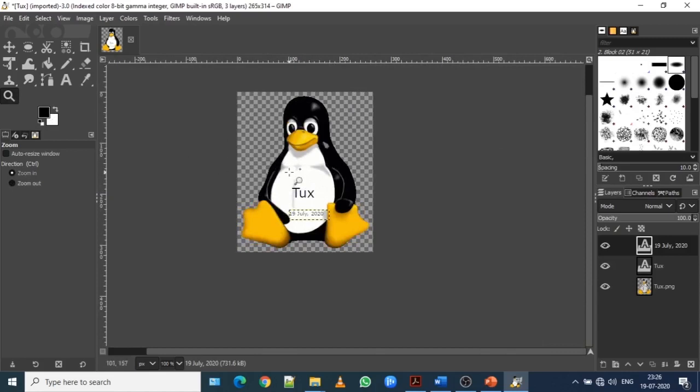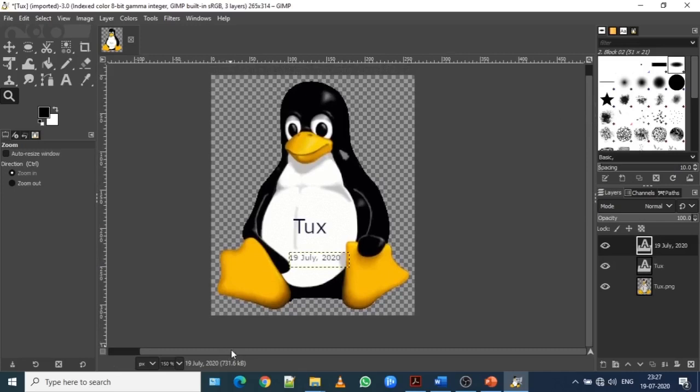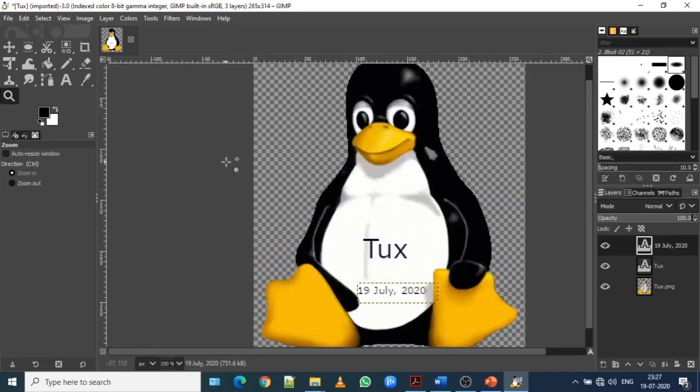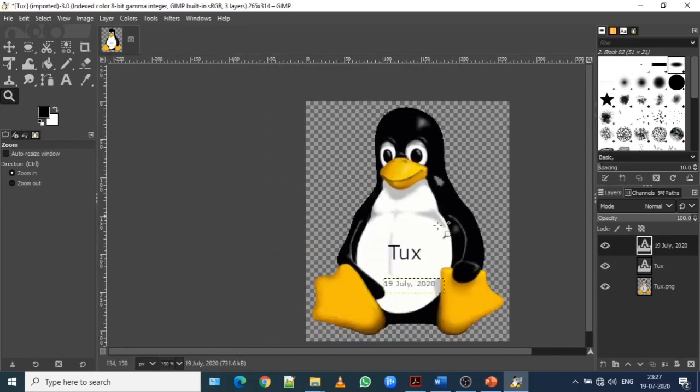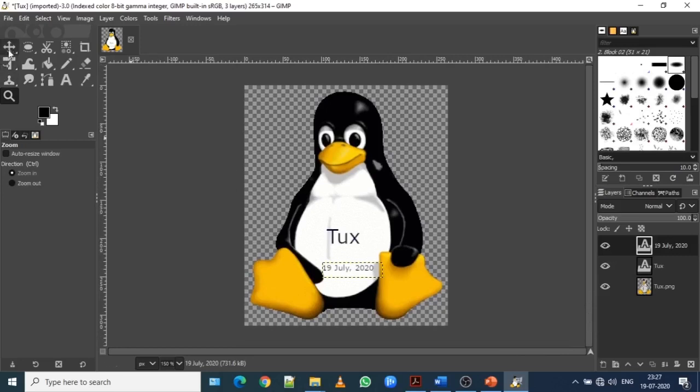Now let me increase a little bit more so that the picture is visible now. So there it is. So this is how. Now it's okay. So this is how you can edit the text on an image.